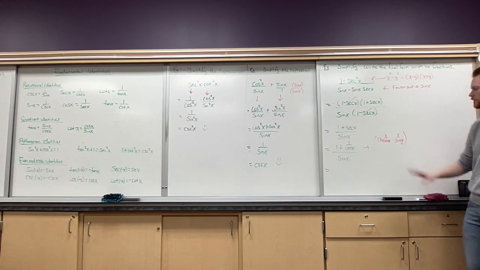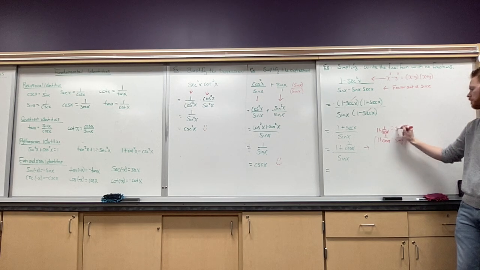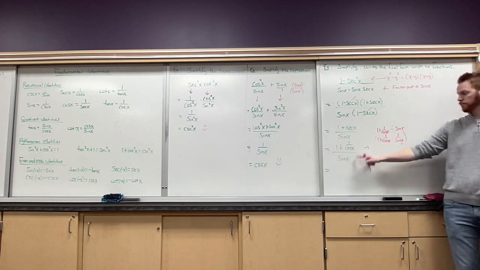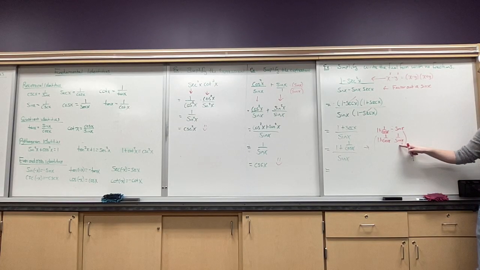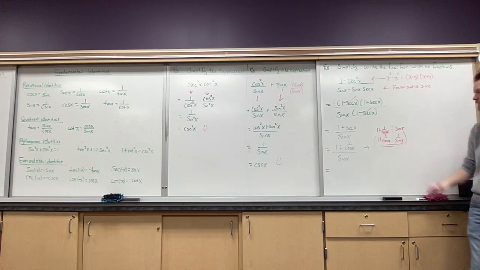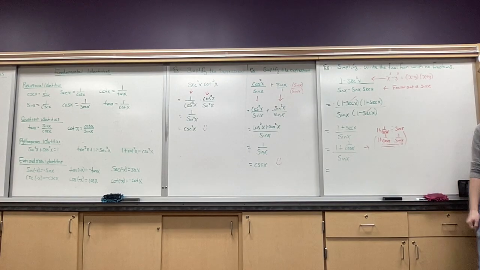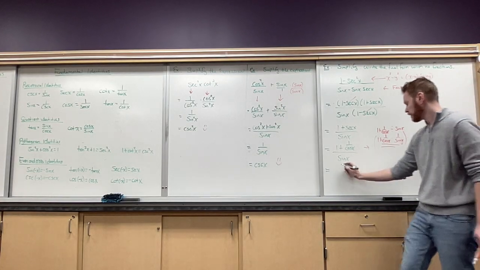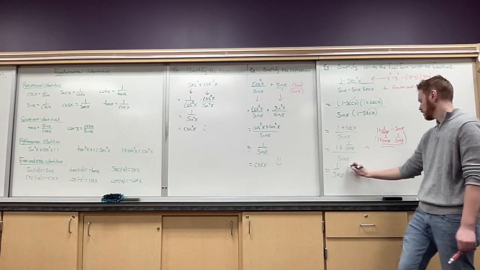Okay? Now here's the deal. I'll put this above it. Originally, it's this. That's what that says, right? This divided by this. But when you do division, you change it to multiplication, and do 1 over that. So now I'm going to multiply these together. So 1 over sine of x multiplied with this guy and multiplied by 1. Okay? So I'm going to get 1 over sine of x plus,